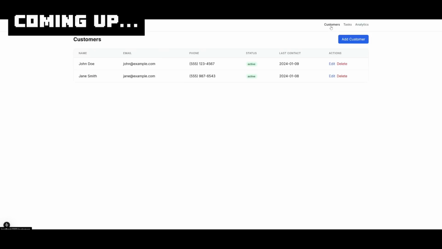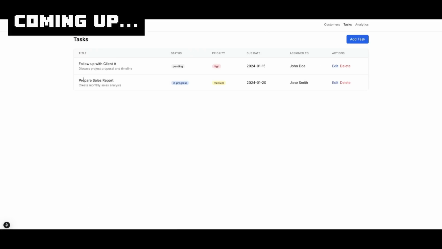If you are to click on the customers tab, you can actually add different customers by clicking on this button. You can edit or delete the different customers that are listed here. You have the ability to add tasks. This is where you can see that there is a follow-up task with client A. It shows the status, the priority, the date, the assigned task to person, as well as the action of editing